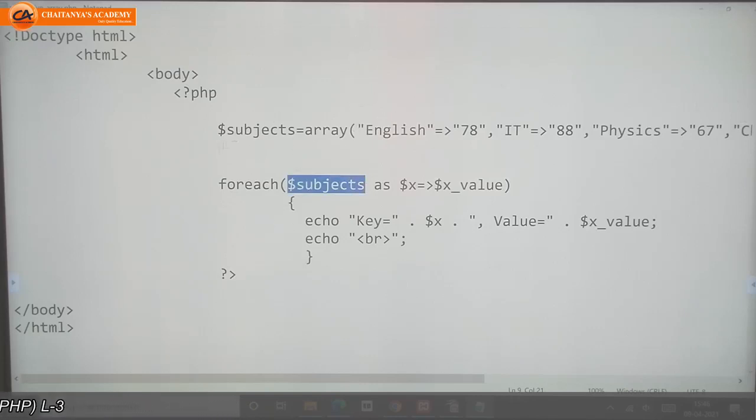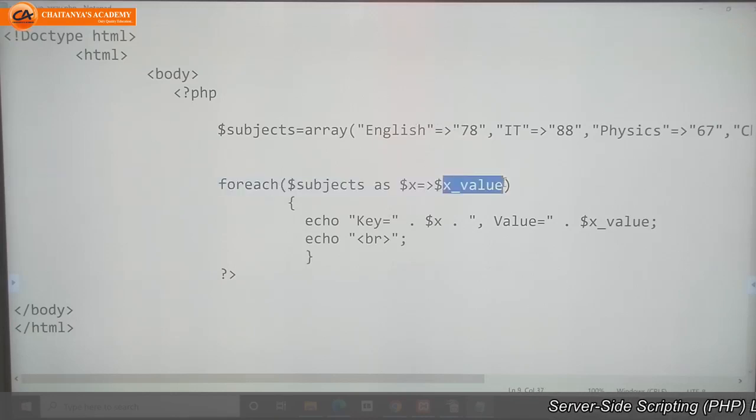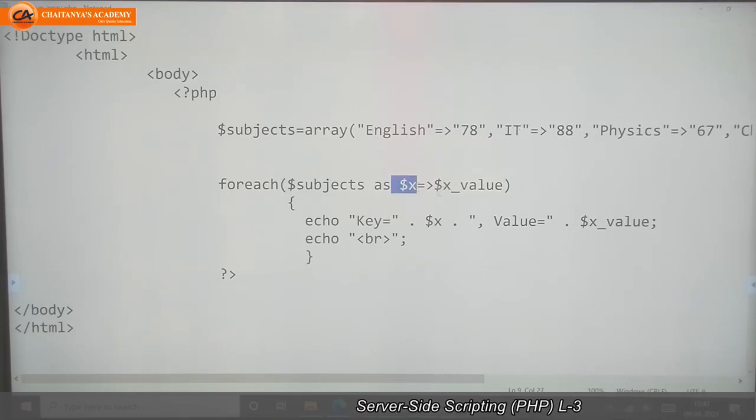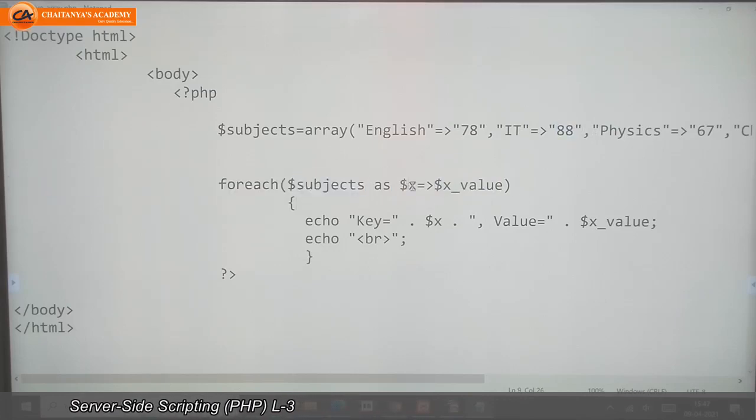So the name of the array is subjects as x equal to x value. Here x means key and x underscore value means the value of the key. For example, x means this English and x underscore value means this 78, or x means this IT and x underscore value means this 88. This is the array, this is the key and this is the value.